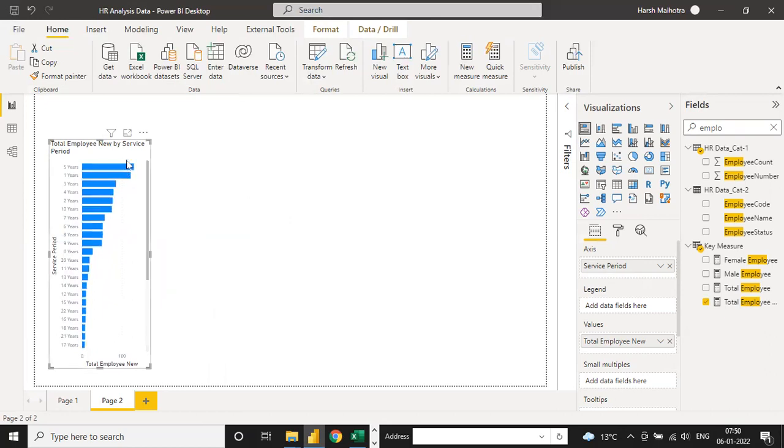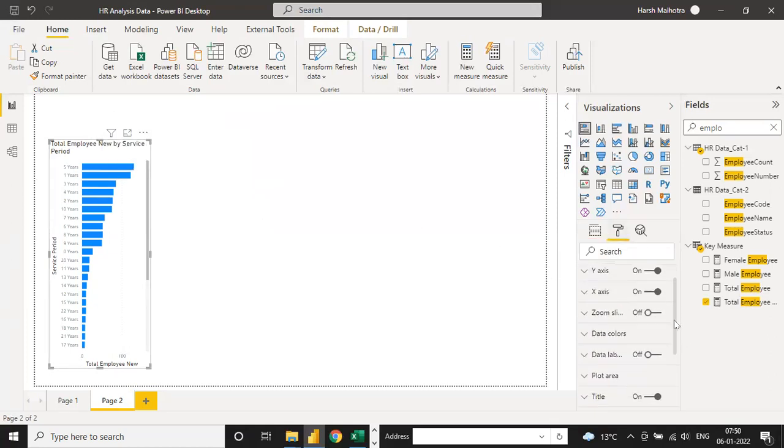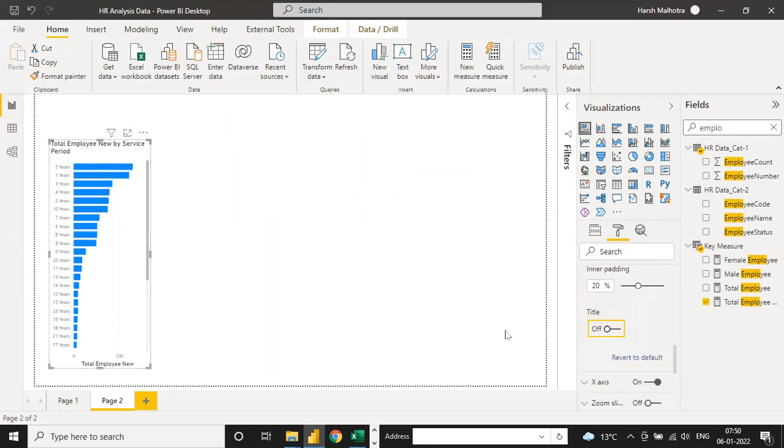Okay, like this way, and you can change the heading also. And how to change the heading, guys? You have to select the visualization, click on this formatting tab, and you have a lot of options to change. Suppose in the y-axis, you have the service period. If you don't want it, click on this axis, a little down. Click off this title, so you can see the title value of the y-axis is automatically gone.